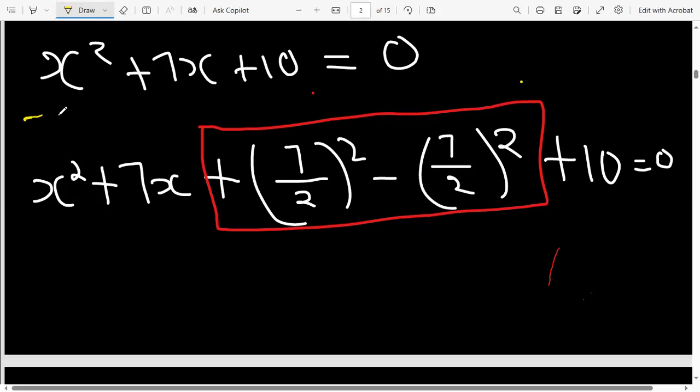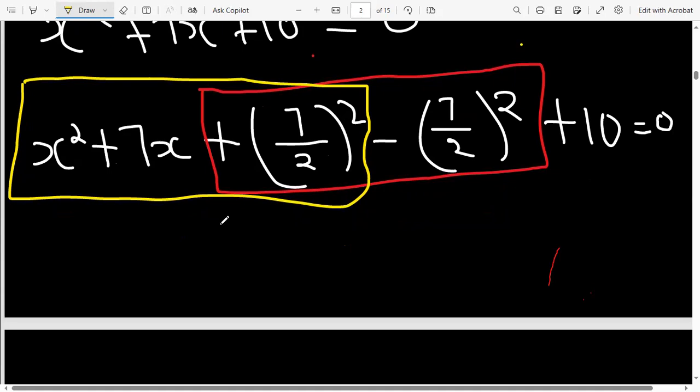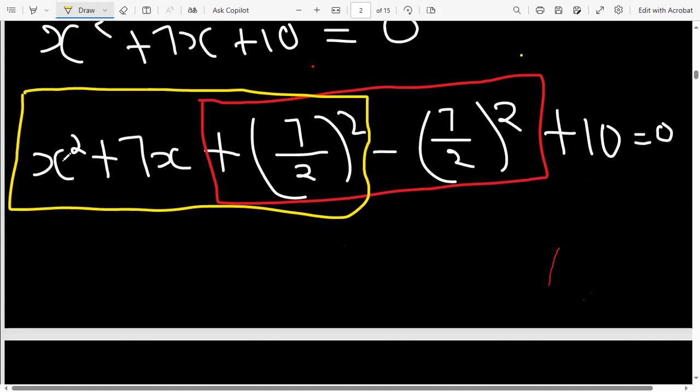So these ones now that I'm going to highlight in yellow, these ones here, they form what we call the perfect square. A perfect square, you can simply write it as the following. You get x here without the square, you put it down, you write x, and then you get whatever is inside these brackets, with the sign that it has. So this is plus 7/2, and then you put these in brackets like that,